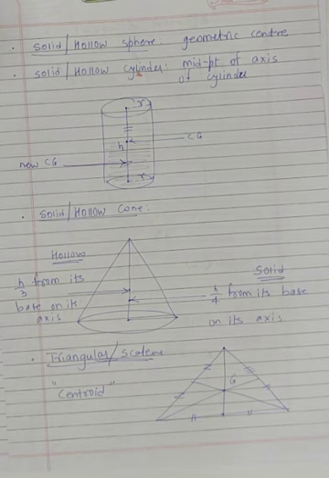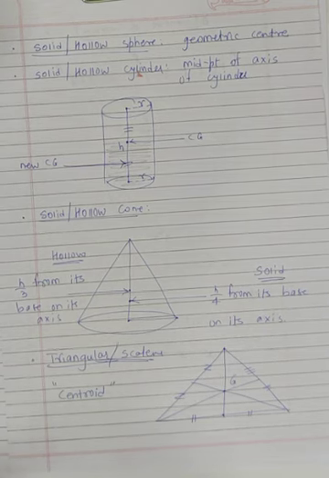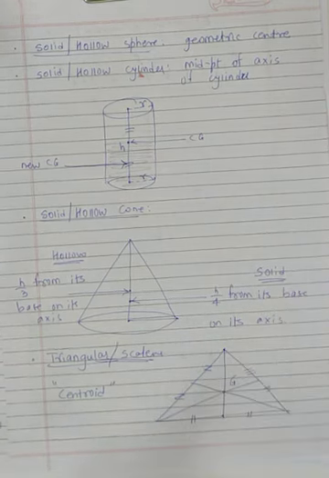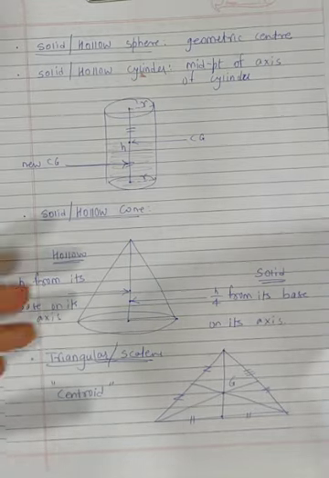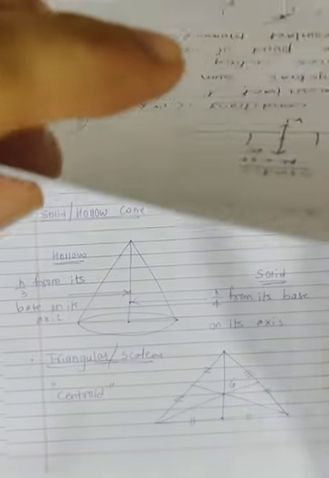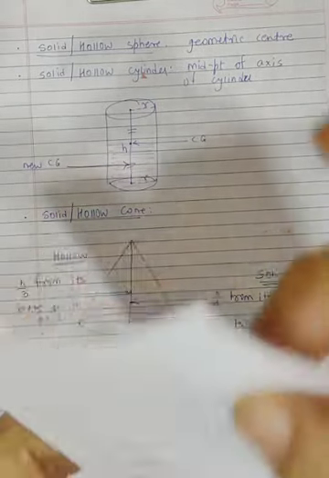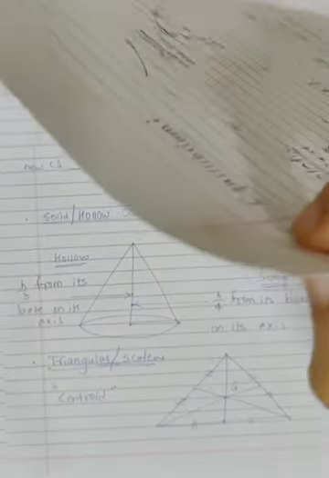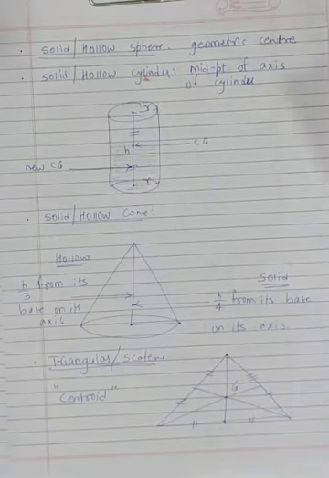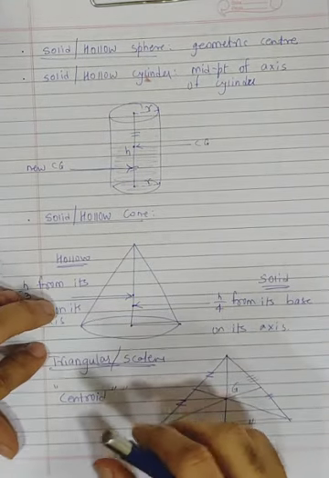Now, one more very interesting thing, what if I just suspend, hang any object. For example, if I'm just suspending this sheet vertically. Okay, I don't know if you can see, but this is how it will appear to you when I'm holding it vertically like this. It will not stand like that. Look, it will not stand like that. It will fall like this. Got it?